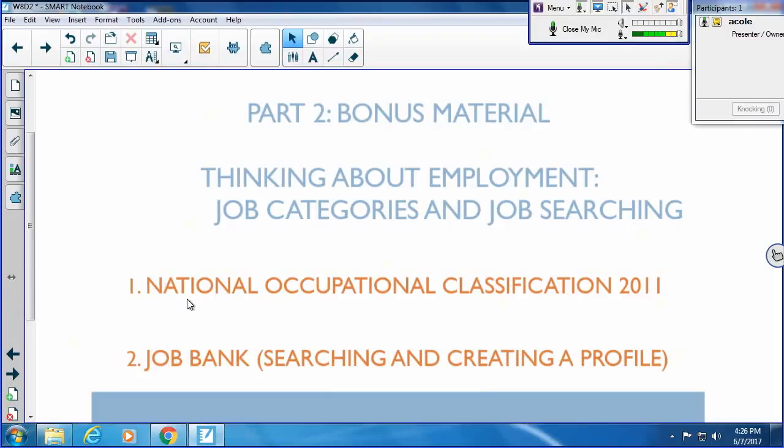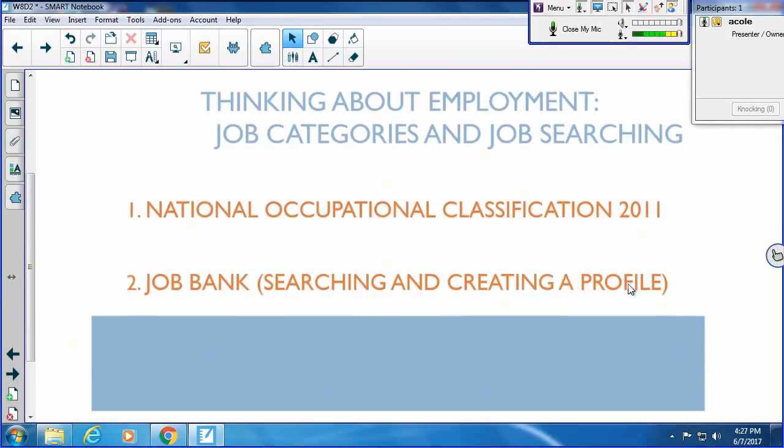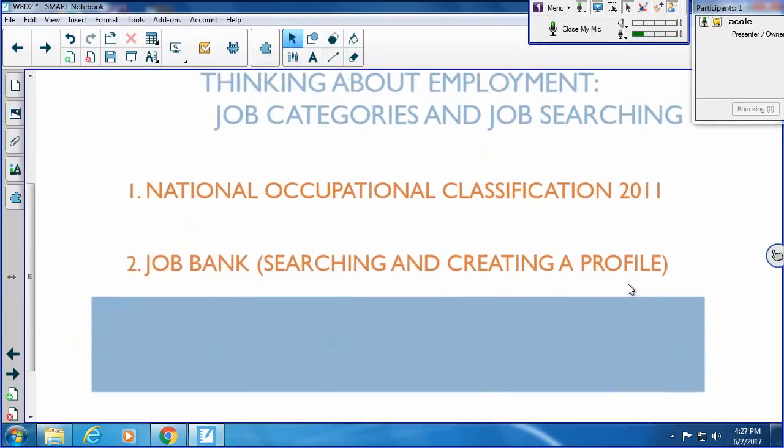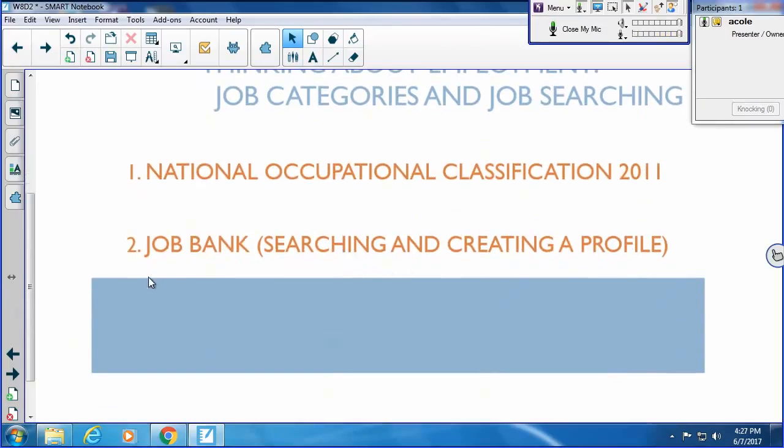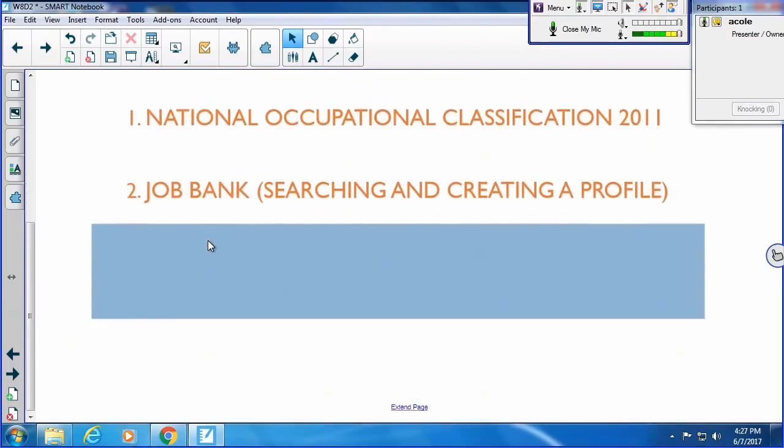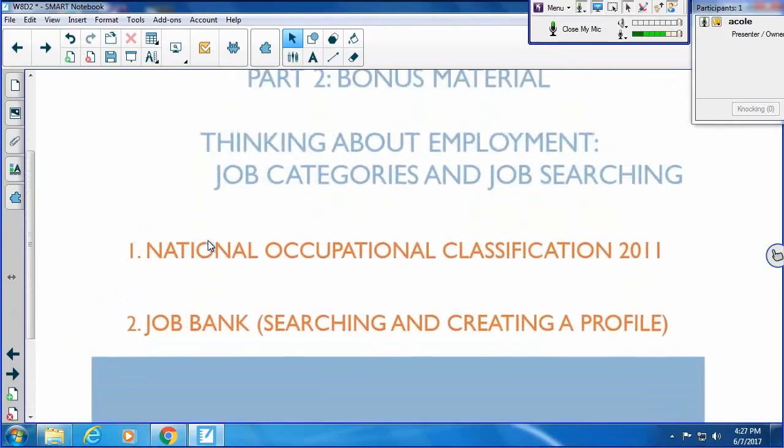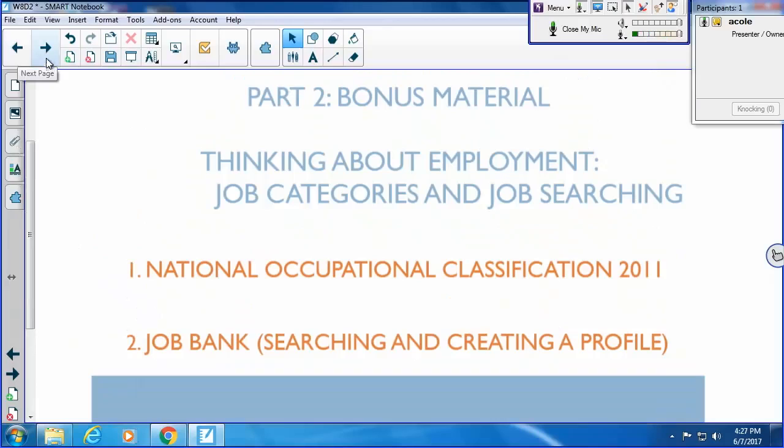We're going to look at the National Occupational Classification. And I'll show you the 2011 resource just because I think it's the easiest to navigate. But there is a 2016 version. I'll show you both and you can see what I mean. And then I'll show you the job bank. And I've pre-prepared a few videos that I'd like to show you as well.